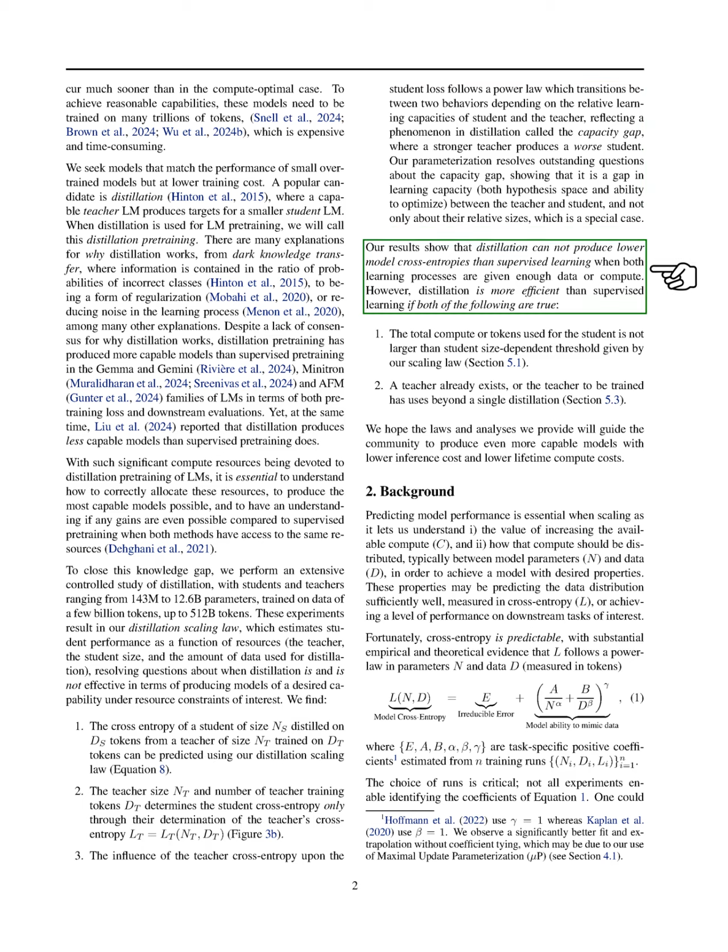Ultimately, we conclude that distillation cannot achieve lower model cross-entropies than supervised learning when both methods have sufficient data or compute. However, distillation proves to be more efficient than supervised learning under certain conditions, such as when the compute or tokens used for the student do not exceed a specific threshold and when a teacher model already exists or has additional uses beyond a single distillation. We hope that the insights and laws we present will assist the community in developing more capable models while minimizing inference costs and overall compute expenses.